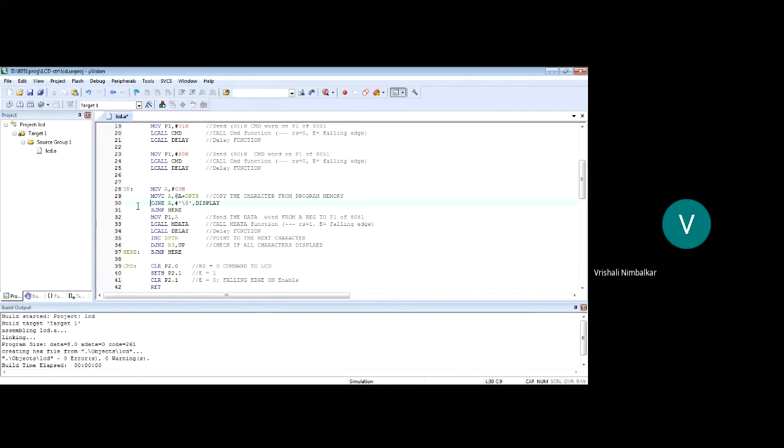But if it is not a null character, go to display. Which instruction is displaying the character? MOV P1, A. So where should that label be? DISPLAY.